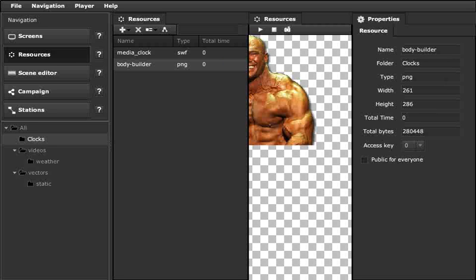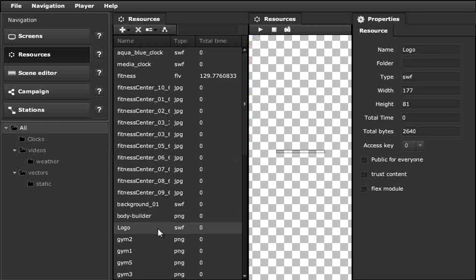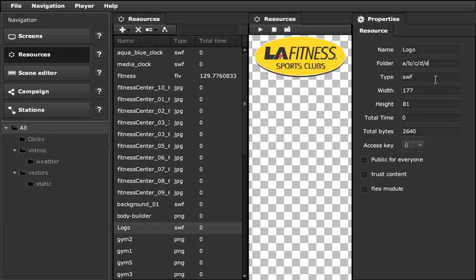And the system allows you to really get fancy with this and create as many subfolders as you want. So again, if I go back to all to see every single file in the system and click on this logo.swf, and let's say I go ahead and type A, B, C, D, E with forward slashes to define the folders and press enter, you'll see that as soon as I do that,